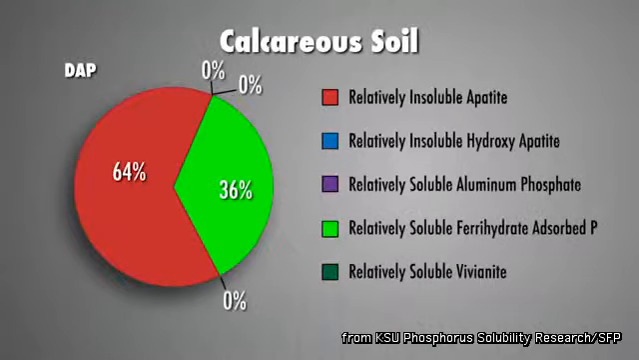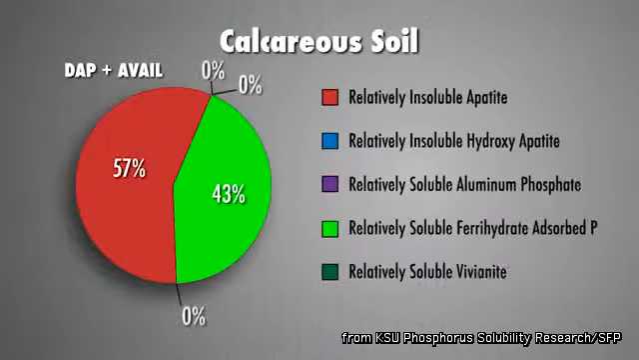Moving to the other side of the equation, calcareous soils, which fix phosphorus primarily by calcium, with the use of diammonium phosphate, 18-46-0, untreated, 64% of that extractable phosphorus is represented by unavailable forms of P, 36% in a more available form. But with the addition of the Avail polymer, the same kind of trend exists as we saw earlier on the acidic soil. In this particular case, the available portion of the phosphorus represented something in excess of